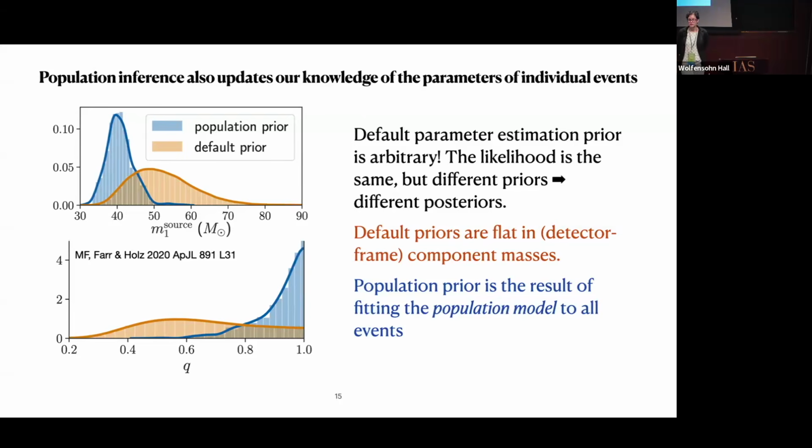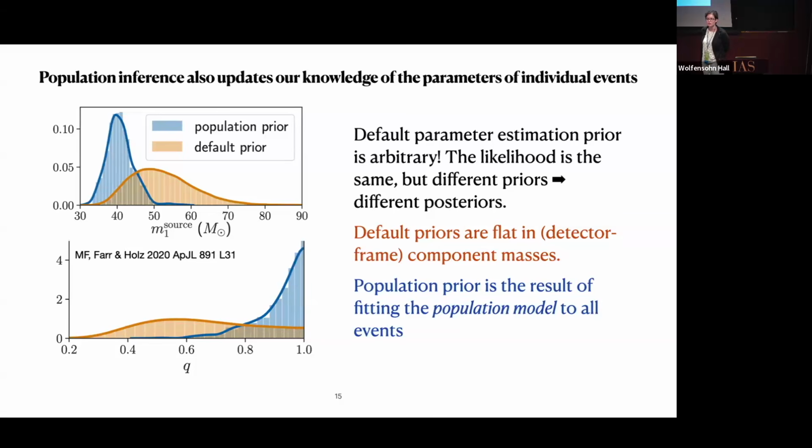Going off on the same question, in that case, isn't it better to use something which is flat, in the sense of uninformative in the parameters that you're looking at, so that it weighs everything equally? Because as you were saying, if you have this one crazy event and your population model does not support that, it might give you posteriors, but if instead you use uninformative flat priors, that would not happen.